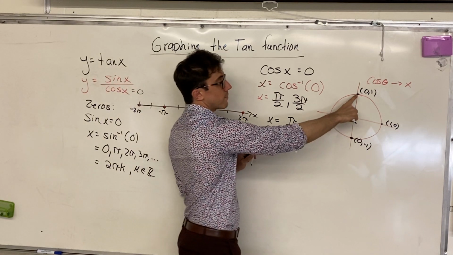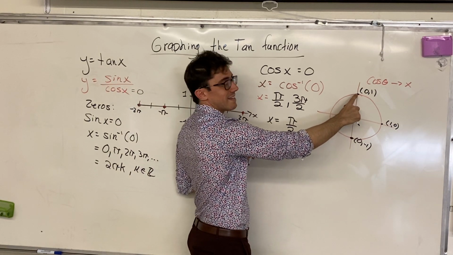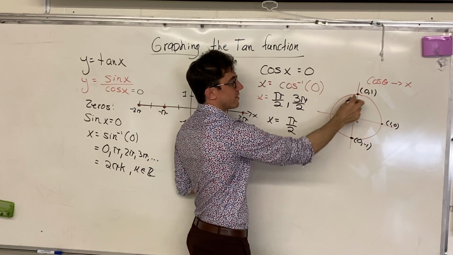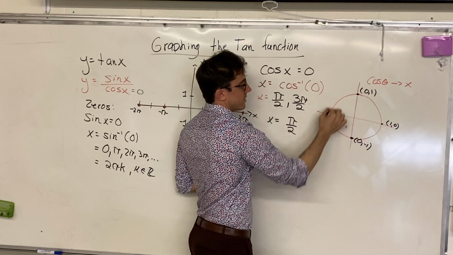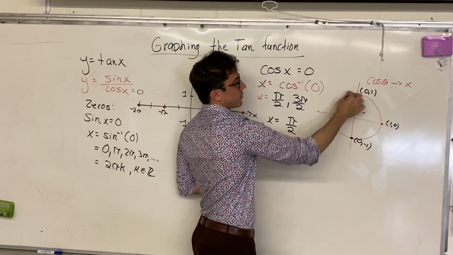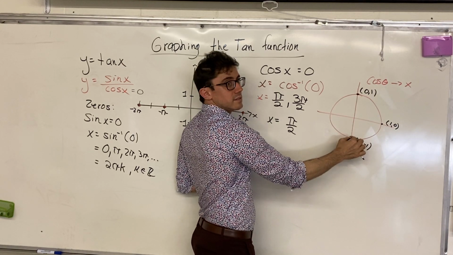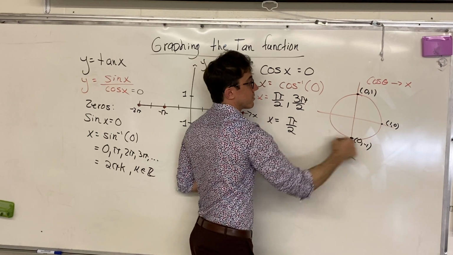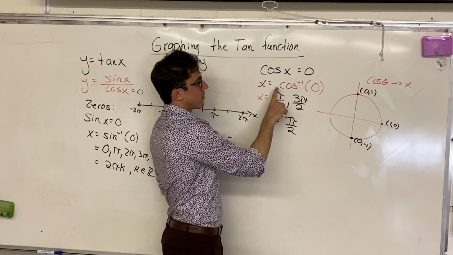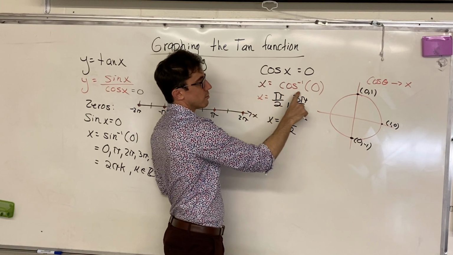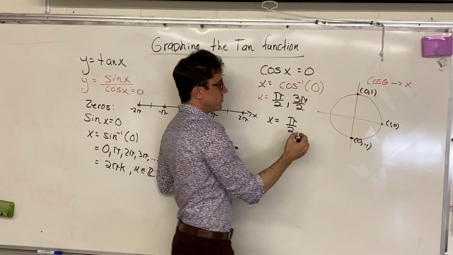And then from this point, we're looking at any integer multiple of pi. So plus 1 pi brings us here, plus 2 pi would bring us all around, plus 3 pi would bring us down here, plus 4 pi would bring us all around twice, and so on and so forth. And so our solutions for x equal to the inverse cos of 0 are pi over 2